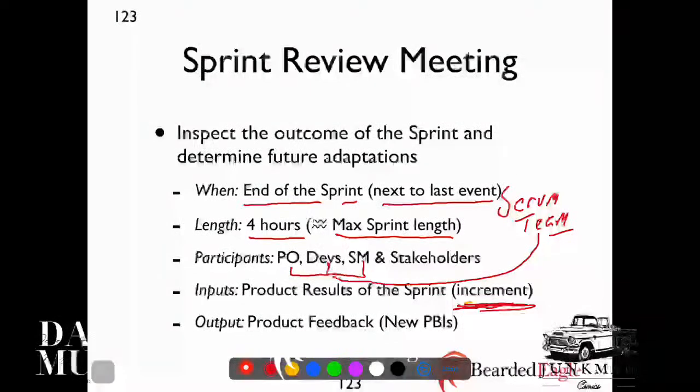These three roles together are called the Scrum team. That's important for me to tell you right now. So the Scrum team and stakeholders should be there. Now, stakeholders are anyone that has interest.